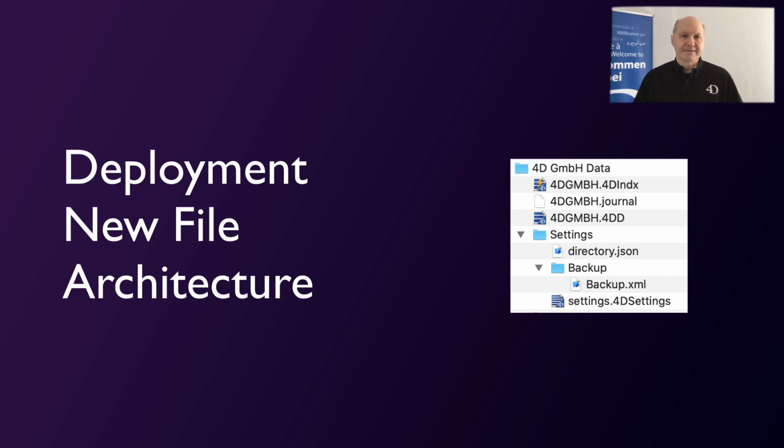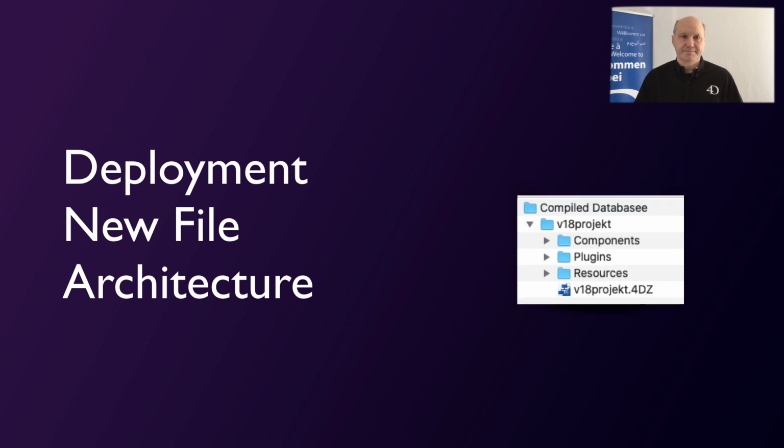And you can see the backup settings also go now beside the data file. And finally, user passwords and groups are no longer stored inside the structure, inside the FortiB itself. They are a separate text file beside the data file. And when you build a project-based application, it just zips the content, zip format. This means that the file becomes smaller, about 2 or 3 times smaller as a FortiC file. It's a nice additional benefit. In most networks, you will notice a faster update speed when connecting clients to the server.